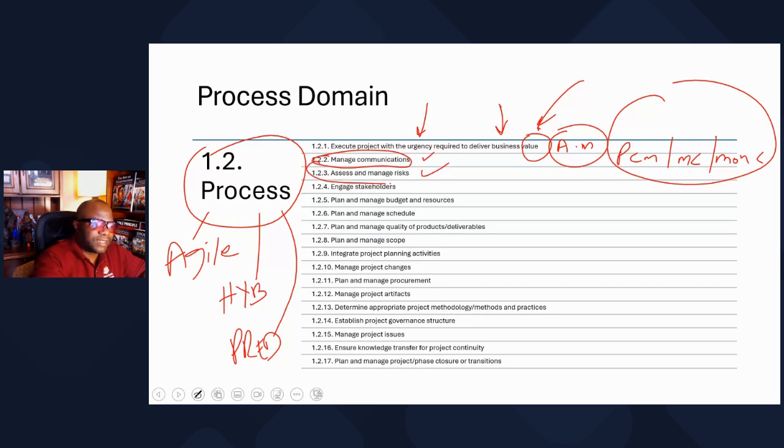The third one, assess and manage risk. You got to understand what is a risk. A risk is an uncertain event that could affect your project positively or negatively. You got to understand PMI's perspective to risk. You got to plan risk management, identify risk, perform qualitative and quantitative risk analysis, plan risk responses, implement the responses, and monitor risk. 7 things. Let's go again. Plan risk management, identify risks, perform qualitative risk analysis, perform quantitative risk analysis, plan risk responses, implement